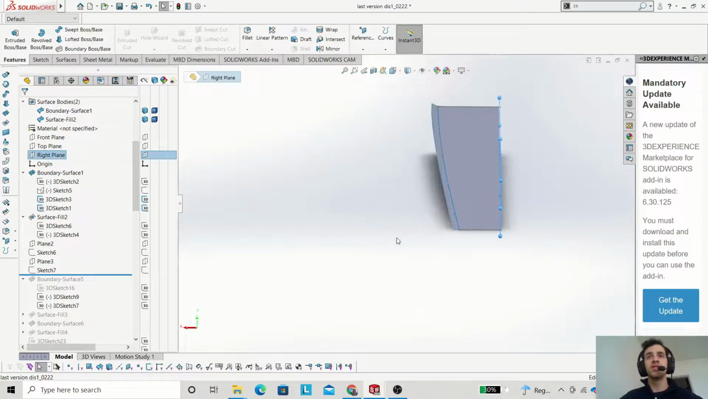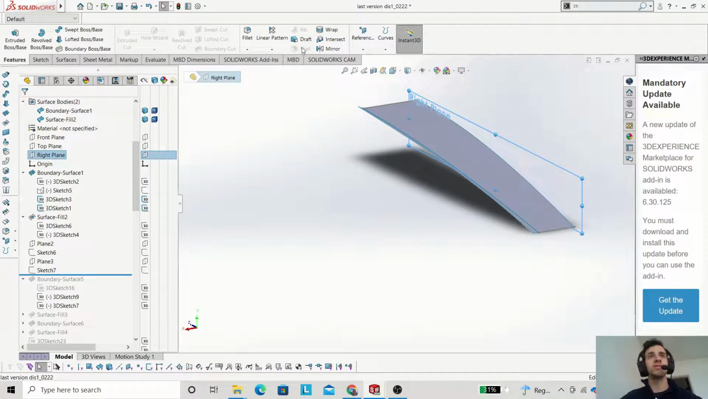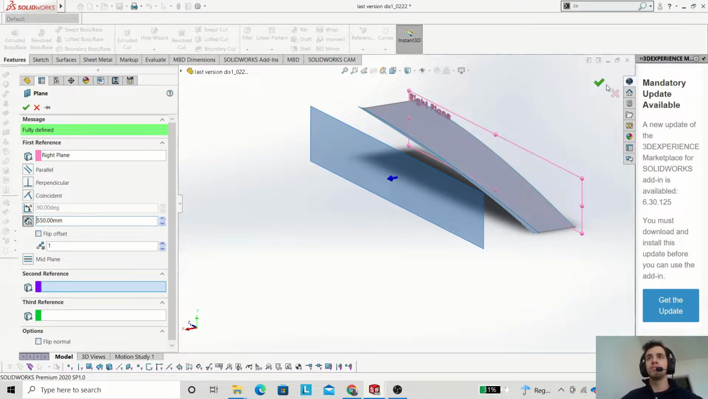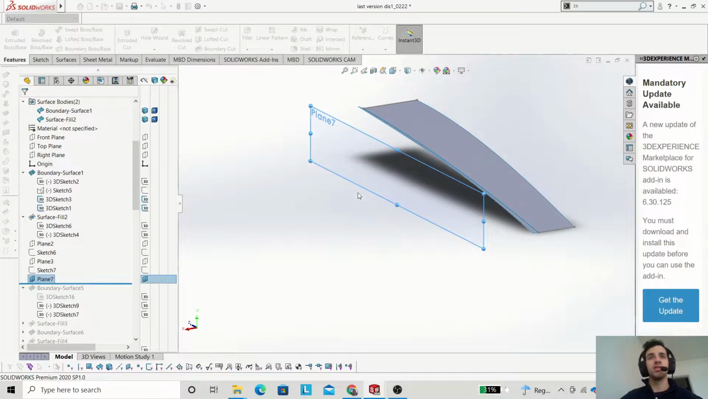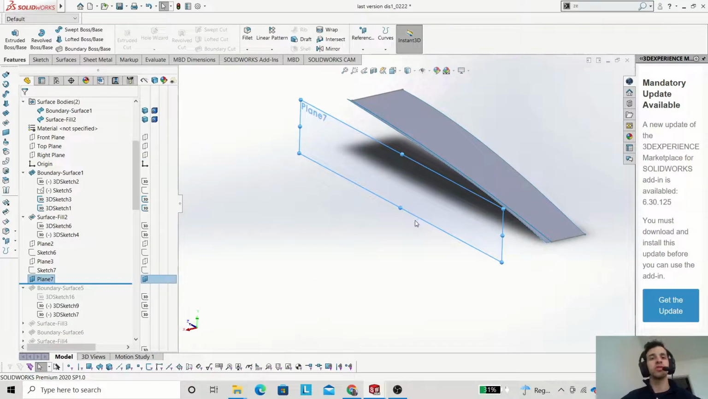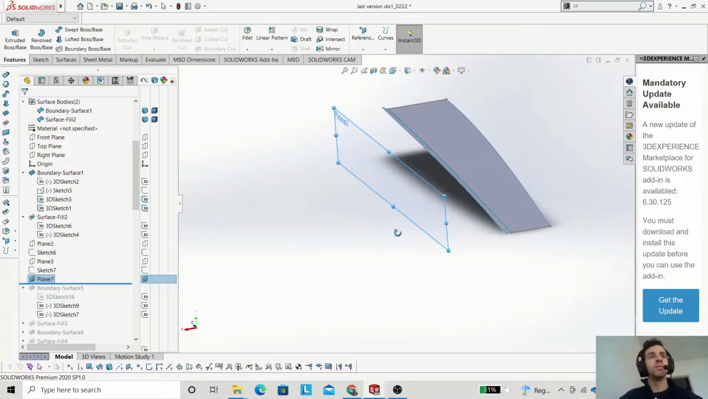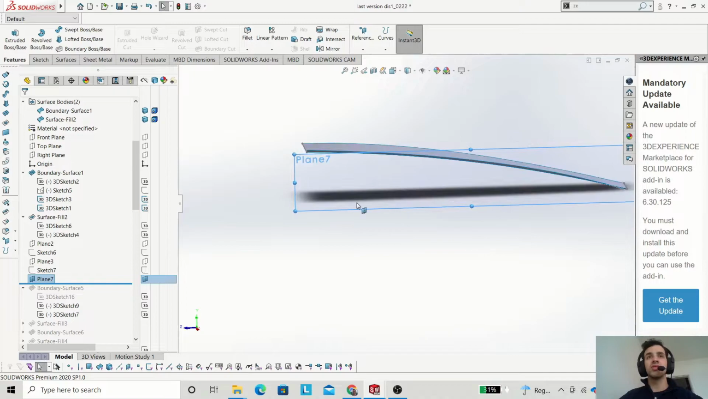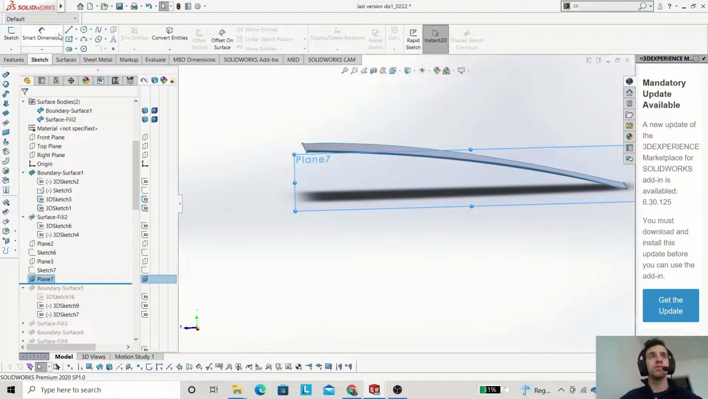So for this, let's create a plane, an offset plane by 550. Okay, and this distance you can change it, of course. It doesn't really matter. And now let's create a 2D sketch on this plane that we just created,